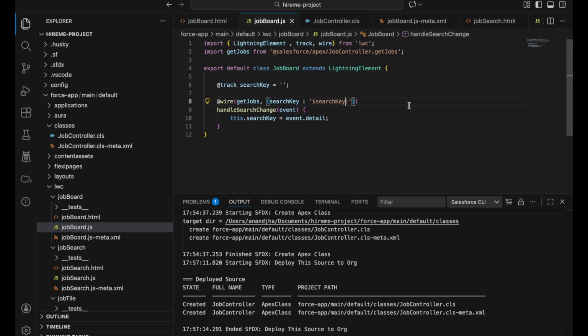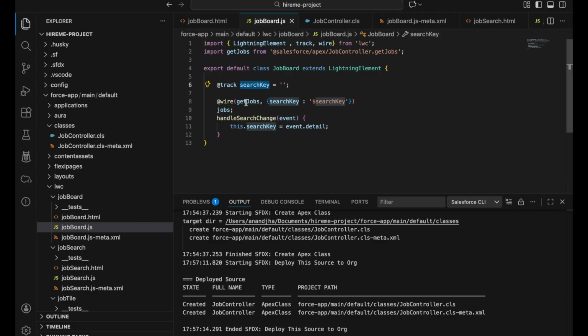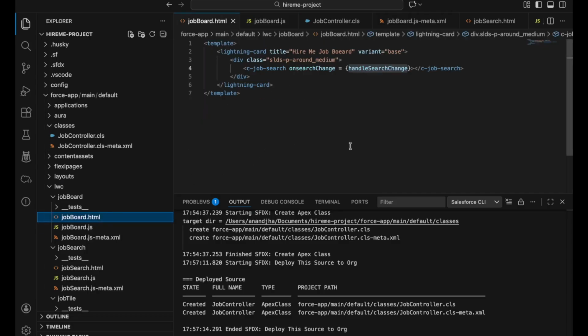Okay, so our wire is ready, and then here we will store it as jobs inside the variable. Now whenever the search input changes, this searchKey will be updated, and that triggers the wire automatically. And once that triggers the wire automatically, this will have the data inside the jobs. So once we have the data inside the jobs, let's go into the jobBoard HTML,